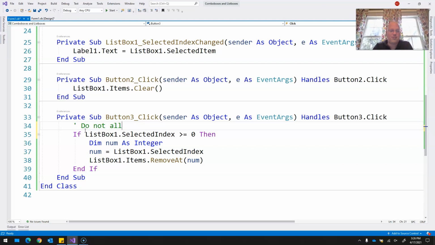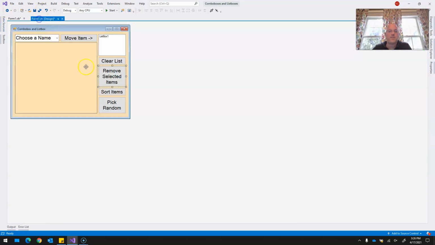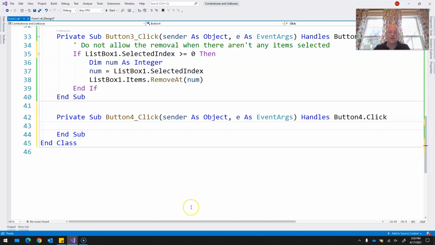Do not allow the removal when there aren't any items selected. Okay. How about the sort? Well,